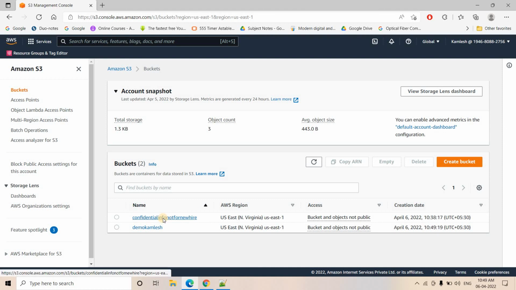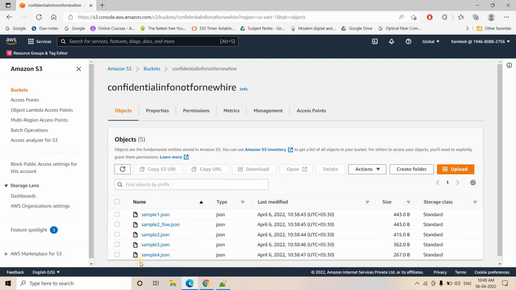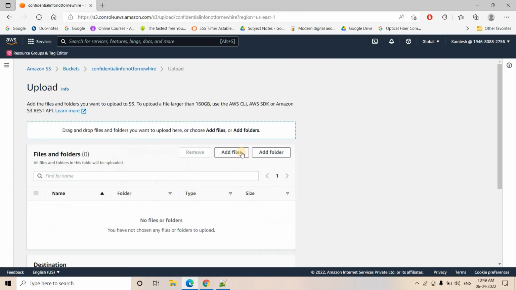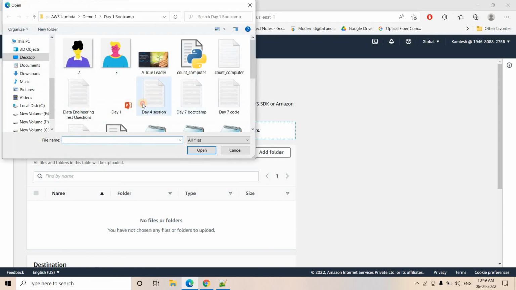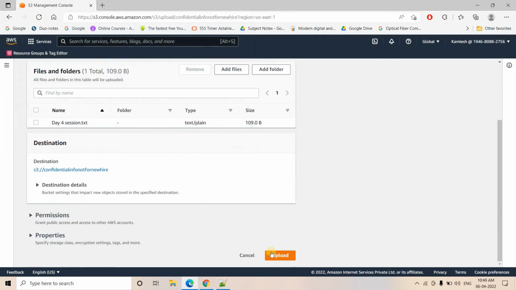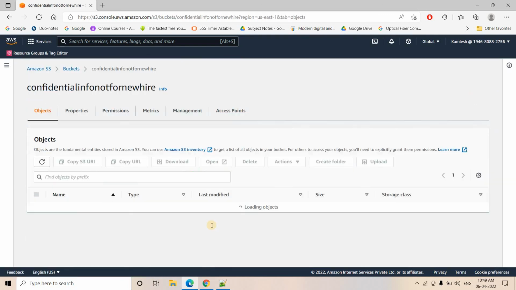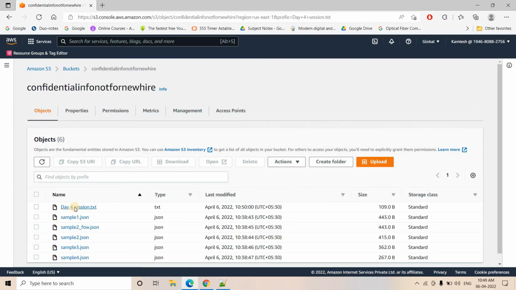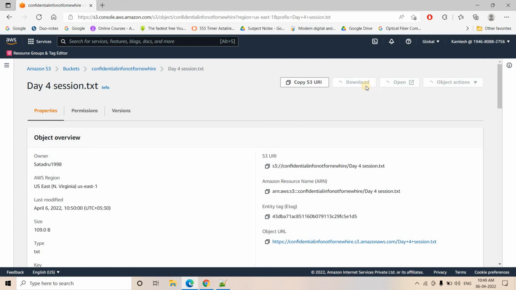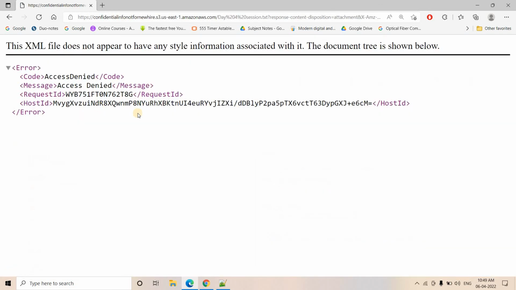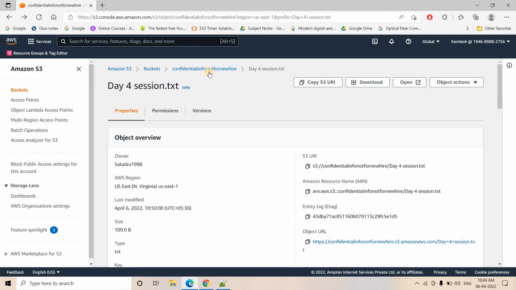Even in this particular bucket, if you go here, we have only revoked the access for get object. Okay, he cannot see this confidential data, but he can upload, okay, in the same bucket. Maybe in the day 4 session, I can try to upload and show you. So see, it is uploaded. Okay, but now if we try to view the content, then the problem will appear. See, so I hope you can understand at what level you can fine tune the access,